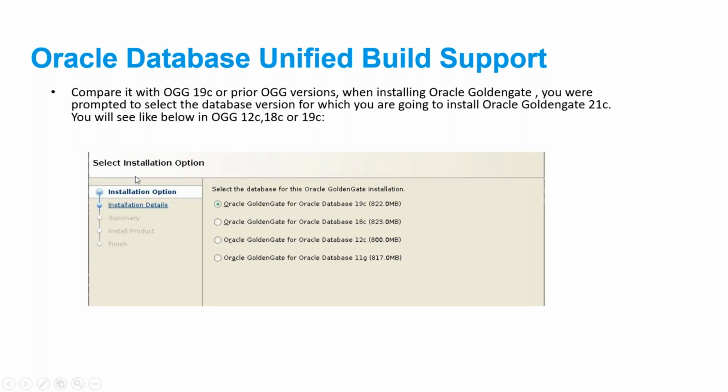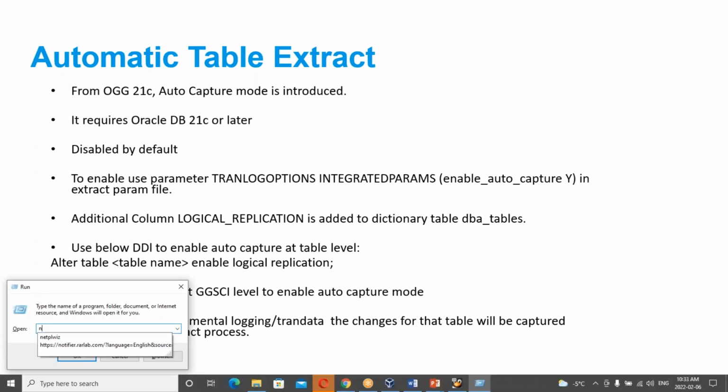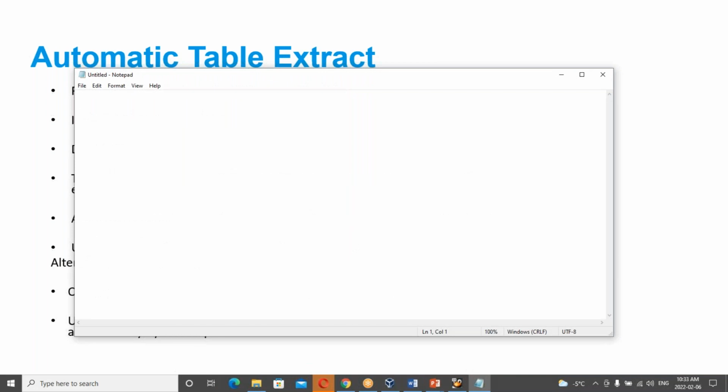Compare it with Oracle Goldengate 19C or prior OGG versions, where when installing Goldengate you were prompted to select the database version for which you were installing. Now let us talk about the automatic table extract feature of Oracle Goldengate 21C. Let me open a notepad first. Let me first discuss it and then we'll move forward. So until OGG 19C,